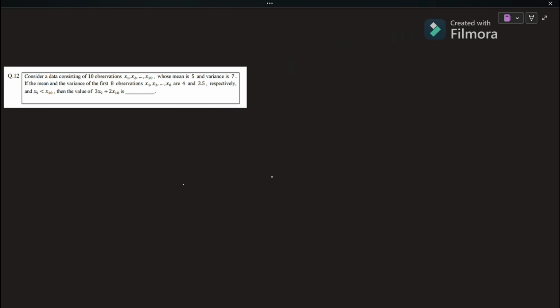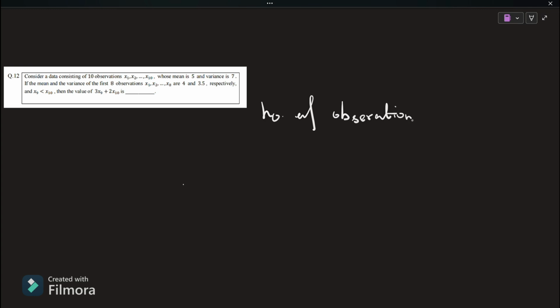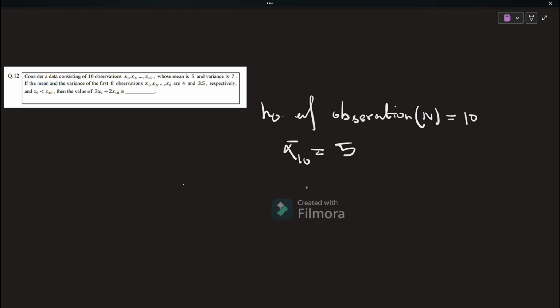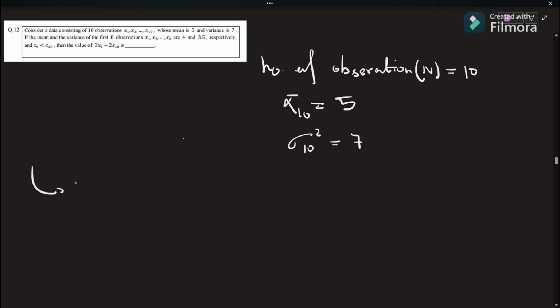The total number of observations is 10, whose mean is 5 and variance is 7. So we have been given the number of observations, let's say n equals 10, and the mean, which we can write as x bar of 10, is 5, and the variance we write as sigma square. These are the mean and variance of the 10 observations. Now, for the first observation,